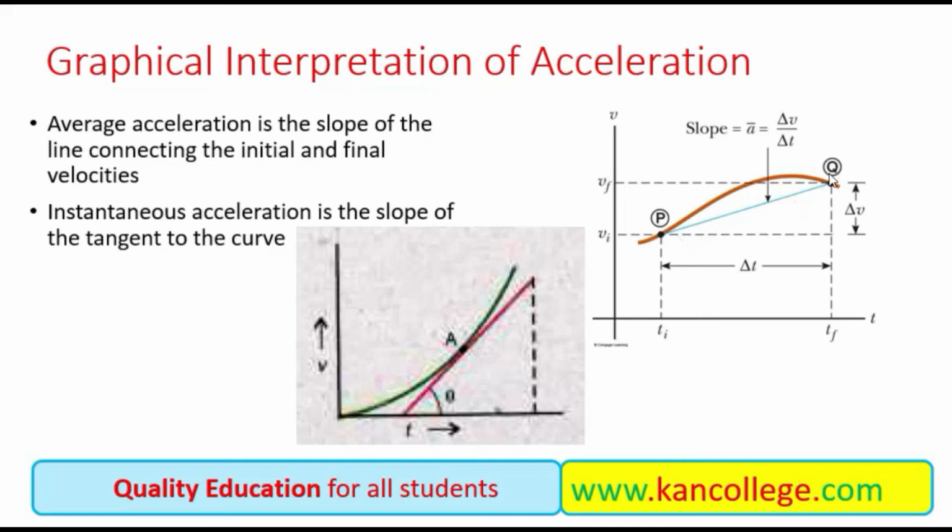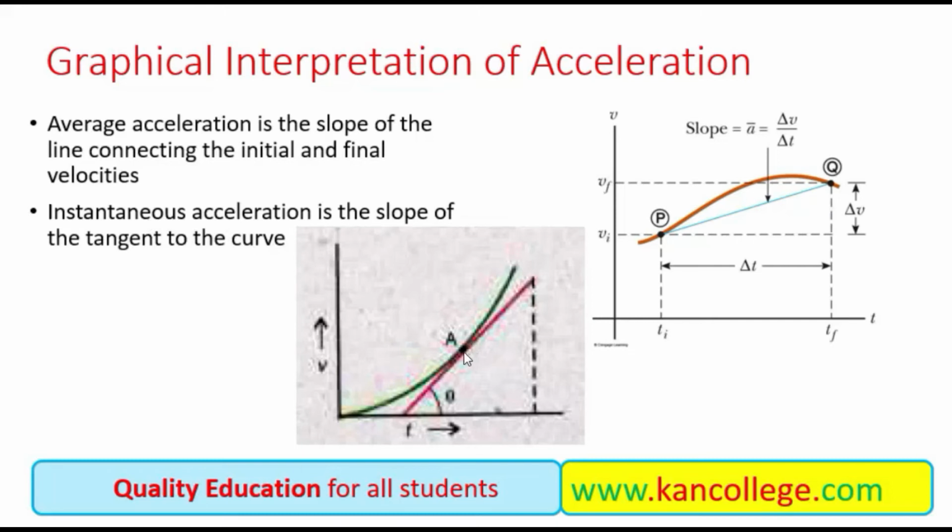We can calculate that average acceleration by calculating the slope of the line joining the two points, the blue line. And slope can be calculated by using this formula, delta V over delta T. But for a certain instant of time, not the average acceleration, if you want to calculate the instantaneous acceleration,